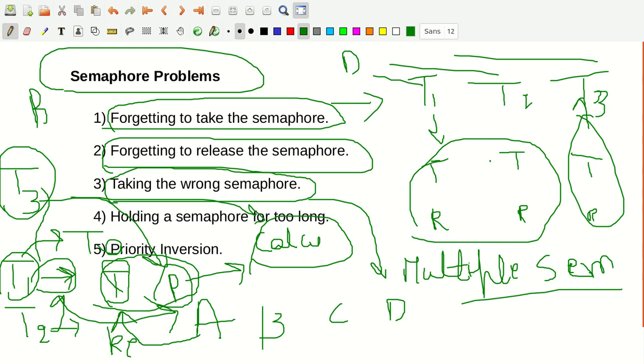That was because there was only one semaphore. You have only one key, and that one key protects both the T and P calculations. So even though T3 didn't need that one, it had to wait for T1 to release the semaphore so that T3 could access the pressure values.